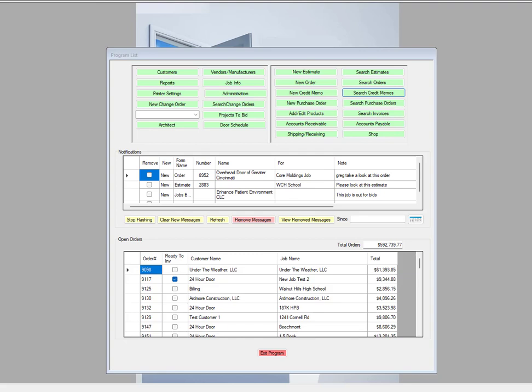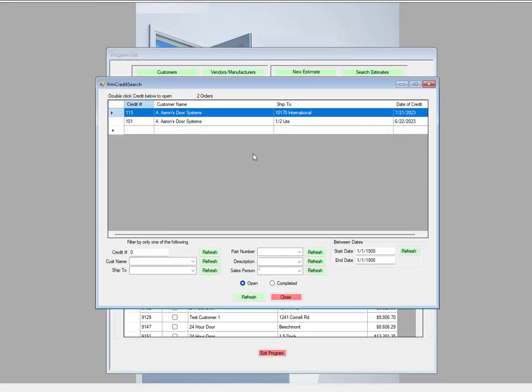This tutorial we're going to cover how to create a credit memo. And to do that you'll use one of two buttons here. Right here is the new credit memo, and you can also search for existing credit memos that have already been created. So we'll take a look at that real quick, and this will bring up the search form,